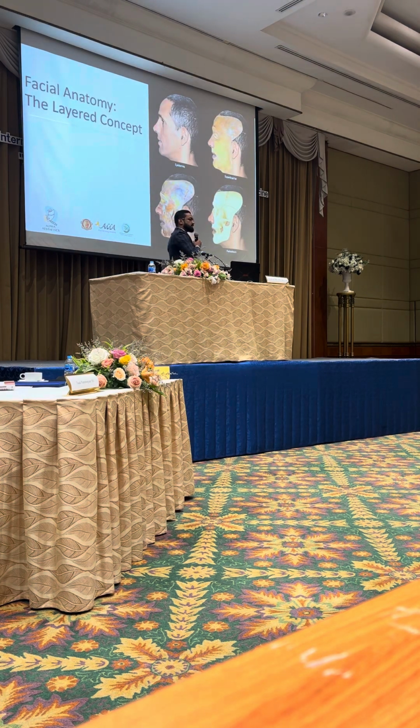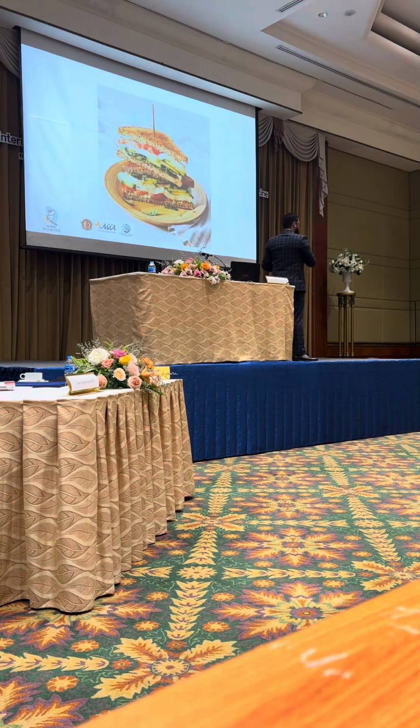If you look at face holistically, it is more or less like a layered concept, right? It starts from the superficial skin, goes down to the subcutaneous fat, then the SMAS layer, then the muscles, then the periosteum and the bone. It is more or less like a tent, okay? And then if you look at it as a perspective, it might